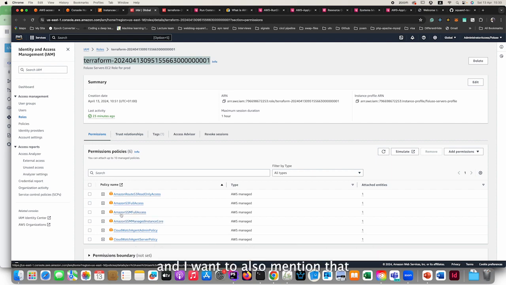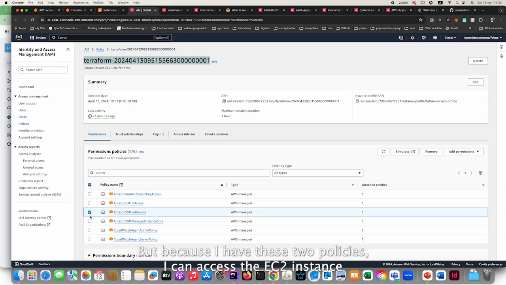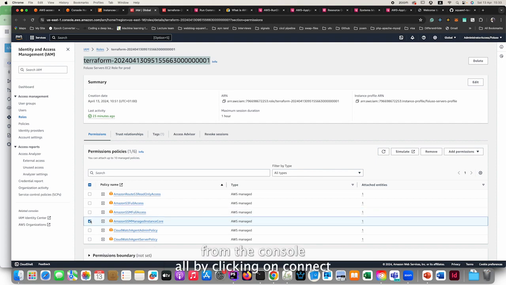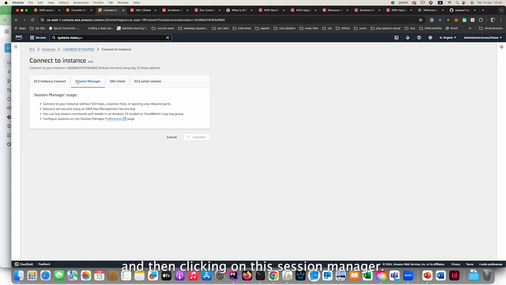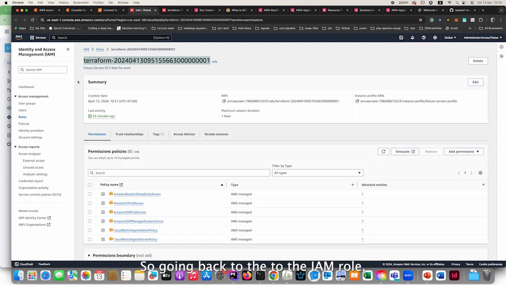I also want to mention that in most cases I don't use SSH access, but because I have these two policies, I can access the EC2 instance from the console by clicking on connect and then clicking on this Session Manager, and this enables the connect for me. I will discuss that in more detail later when we are talking about writing your own SSM script. So going back to the